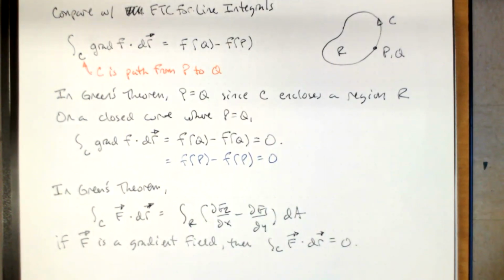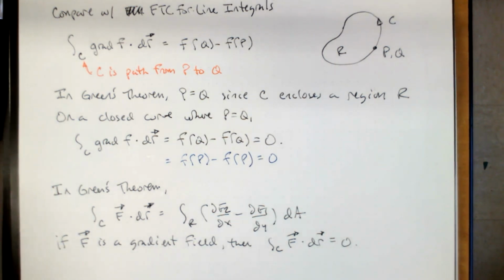If f is a gradient field, then the integral over c of f dot dr is going to be 0. So what that tells us, based on Green's theorem, is that if we have a gradient field, then the scalar curl must equal 0. So what we're going to conclude here